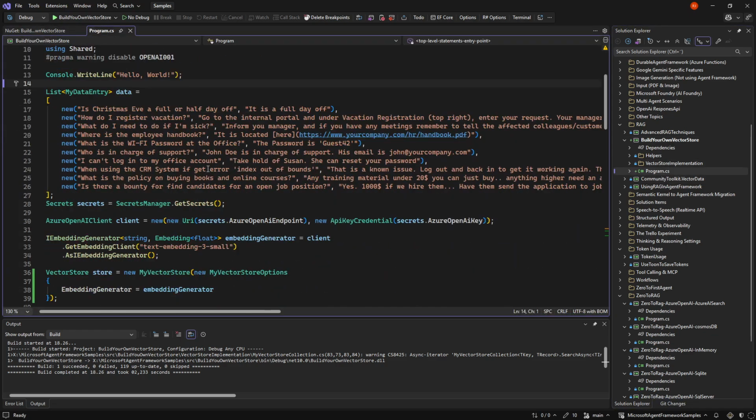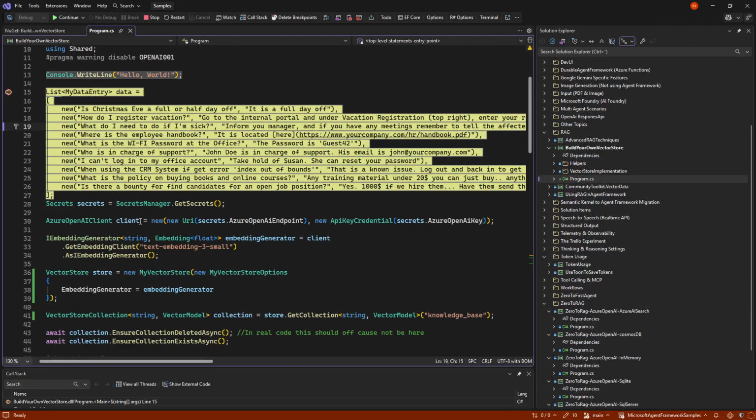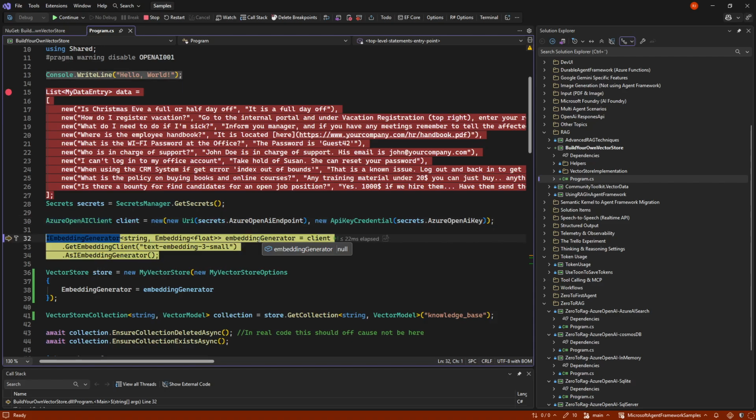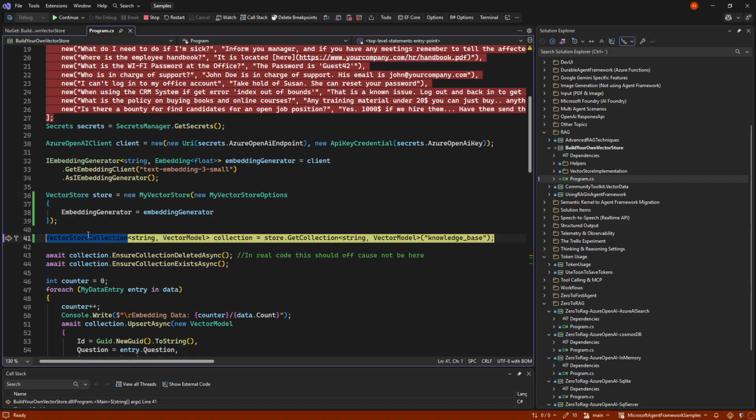So before we do that, let's just quickly see the system, what's going on. So let's set a breakpoint and run it. So we have some data, just my handy internal null space data. And we built a client, and we built an embedding generator. Nothing new there so far. And then we built our vector store, but instead of the in-memory vector store, or the SQLite, or the SQL Server, and so on, we're building a MyVectorStore. And we will go in and see how they are built behind the scenes. But for now, we just say we have a store.